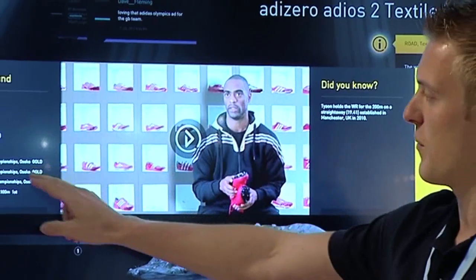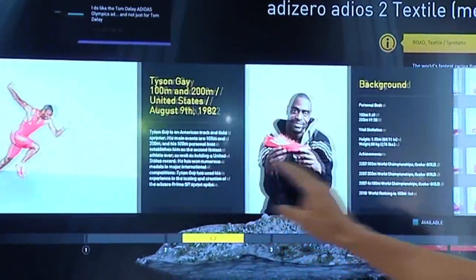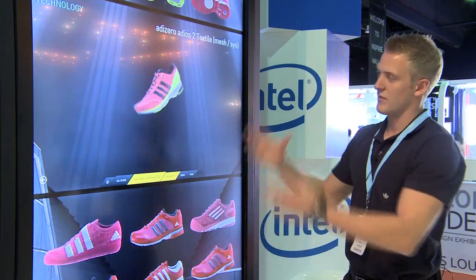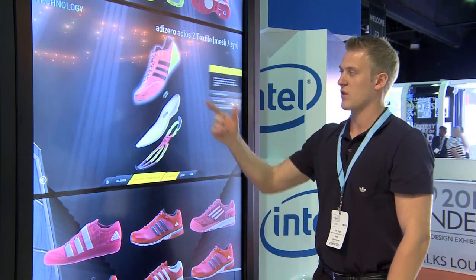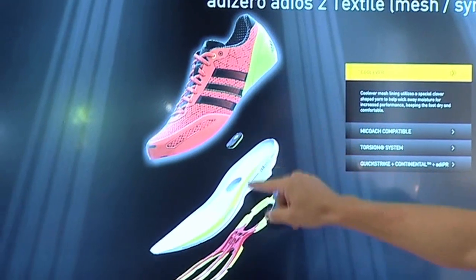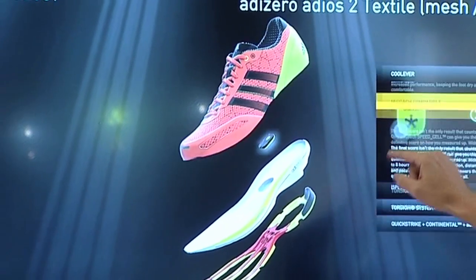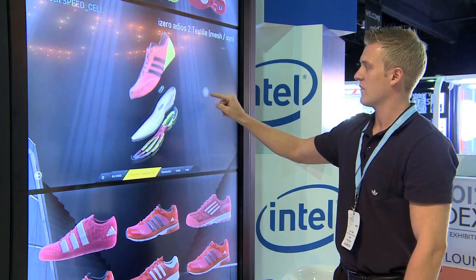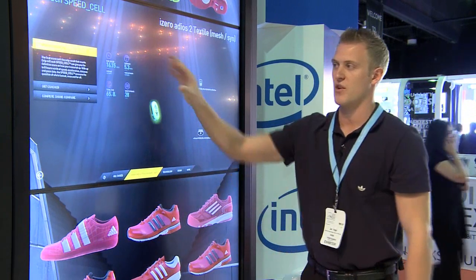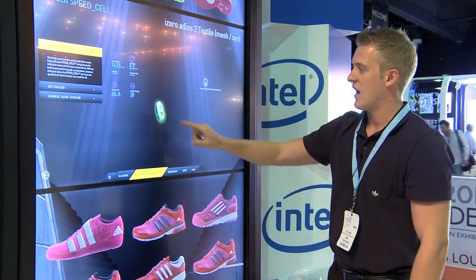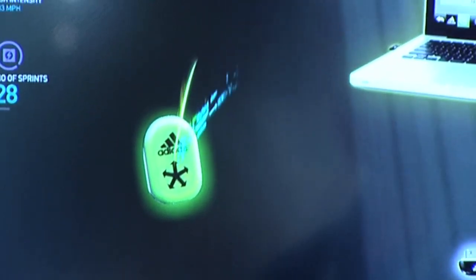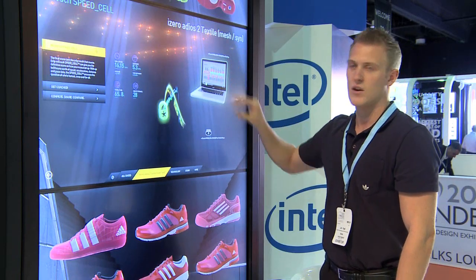We have some background information about the boot, about the heroes. The technology section shows the different technologies which are in the boot. So for example, the miCoach SpeedCell chip, which sits in the outsole of that shoe. The miCoach SpeedCell chip measures your distance, your maximum speed, the number of sprints during the game or during the training. And this data gets transferred via these two dongles to your devices, so either your PC or Mac or